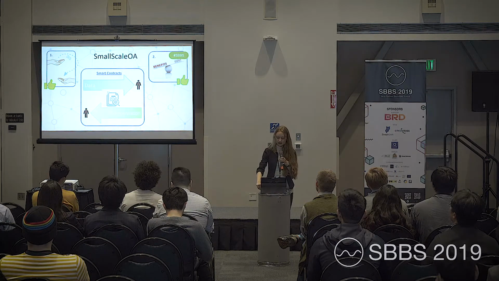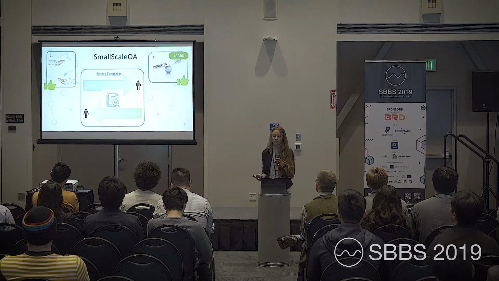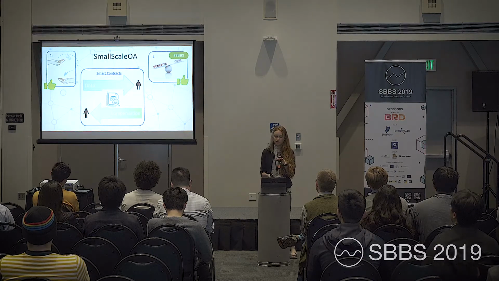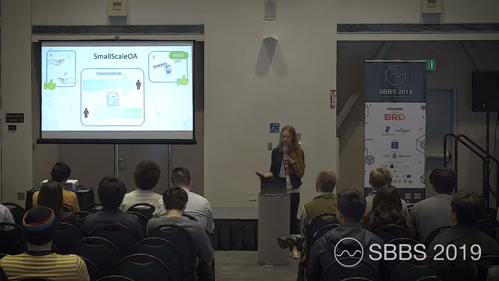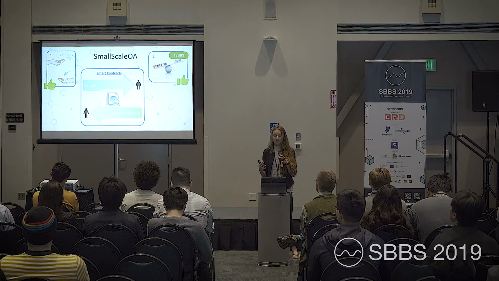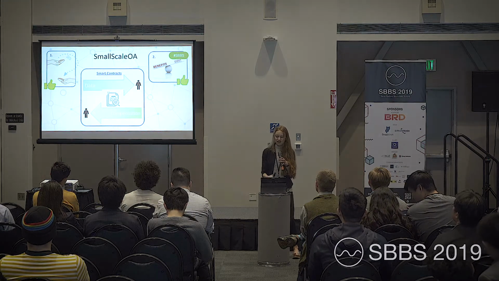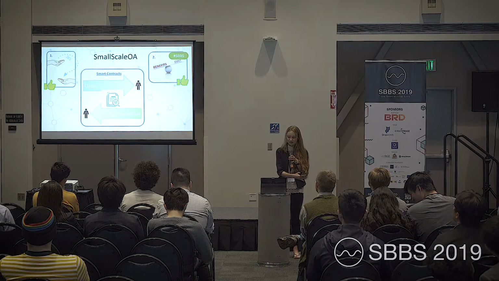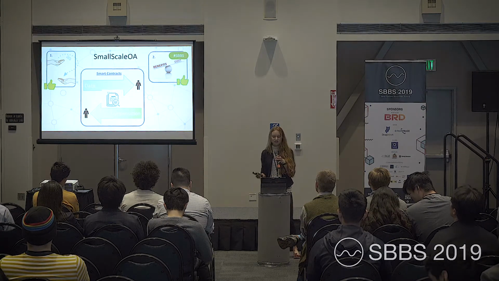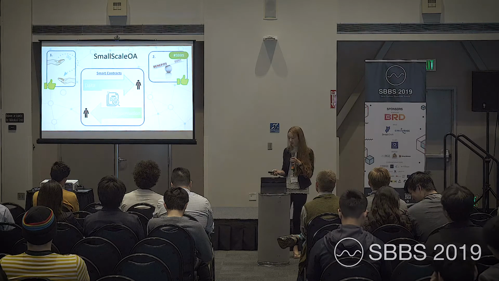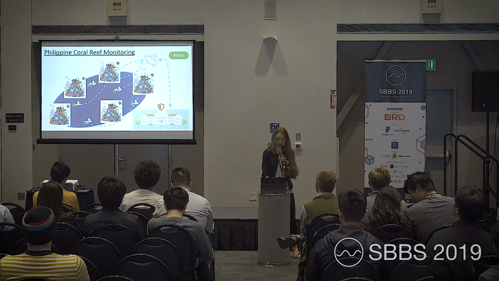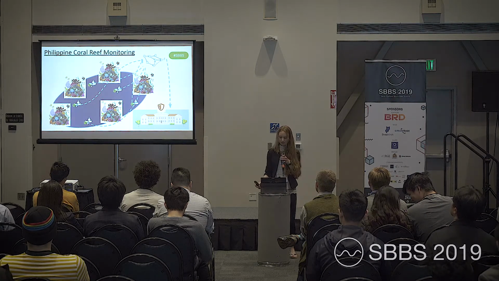But small-scale OA also solves the second issue, why data will move from point A to point B. Since data is valuable in small-scale OA, as data flows one way, something of value flows the other way, right? That's to benefit the producer. This incentivizes data to change hands. So let's get back to our example.